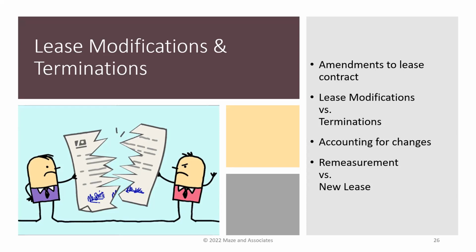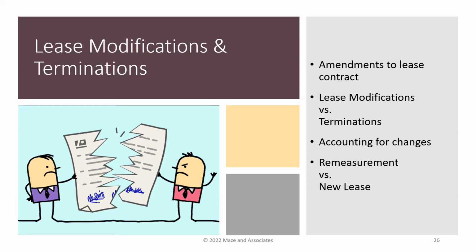Because you could have accounted for a lease 3 years ago, and that lease has been canceled. That's probably not a good example, because you would know if the payments weren't being made. But something has changed, there's been a modification or amendment to the lease. If you're still accounting for it under the original lease terms, it may be inappropriate. You might not be accounting for the lease based on what the current activity is.